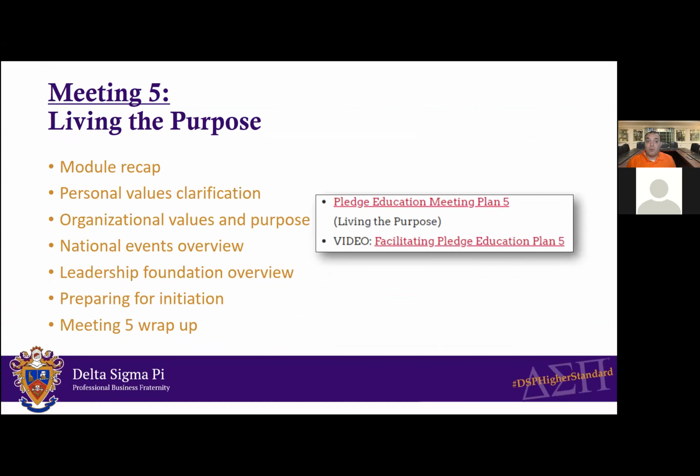And then they will be sent the link to their last online module, which is talking about leaving a legacy and living the purpose of Delta Sigma Pi. Again, when you get to the in-person meetings, there is a module recap. There will be an opportunity for pledges to reflect on the purpose of Delta Sigma Pi and do a brief personal values clarification exercise. We'll again review the organizational values and purpose,